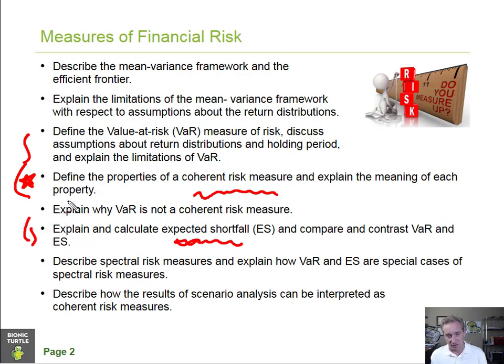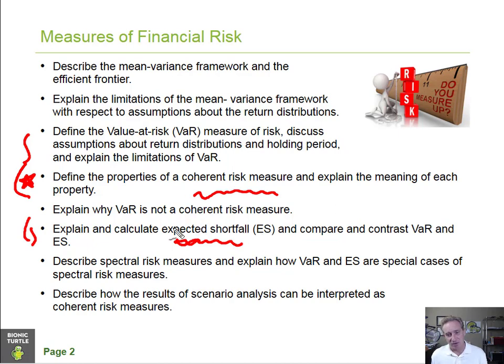But our core focus here is not so much the somewhat redundant coverage of the mean variance framework that will be familiar to you, but rather the deep dive on value at risk, then the test of coherence, and why VAR actually fails that test. Not to say it's not useful, VAR is still useful, but it does fail our test of coherence. And then coming to the rescue, so to speak, is expected shortfall. So expected shortfall is a competing metric to value at risk, but keep in mind that thematically in the FRM,